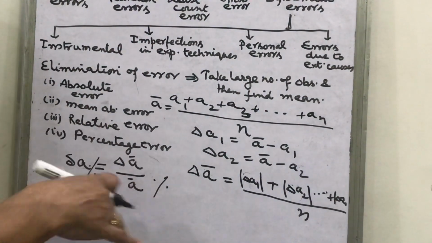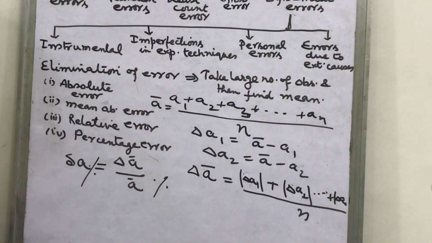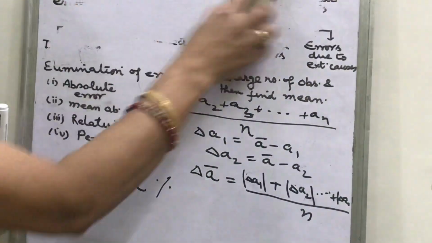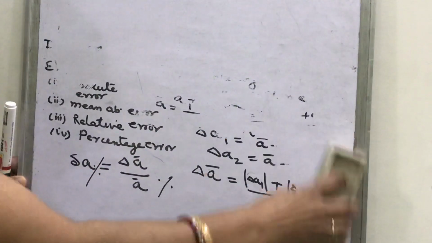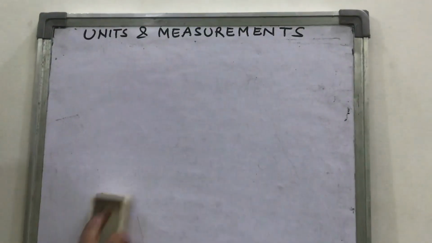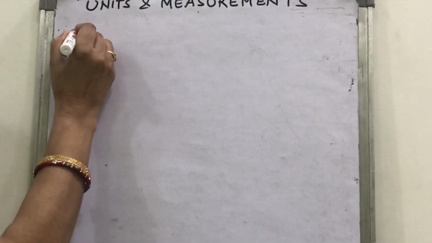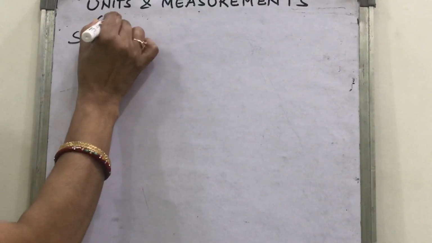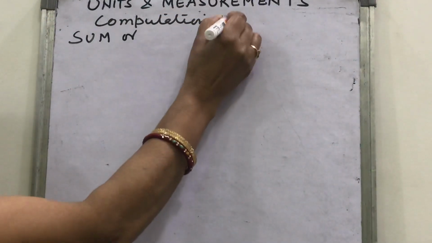By solving so many examples, you will come to know how these errors are counted and calculated. I will give you simple examples, then you will come to know how the errors are computed. So we will first give the rule in computation of errors